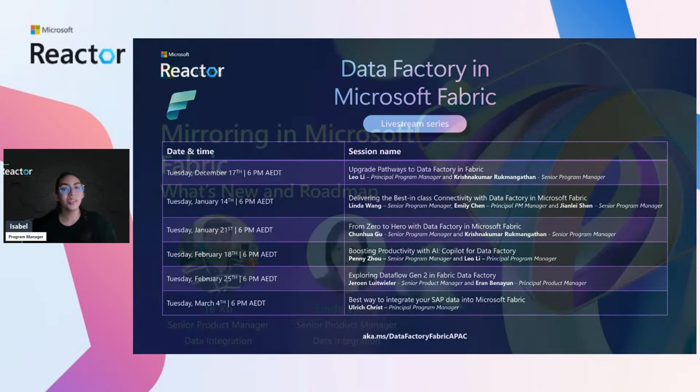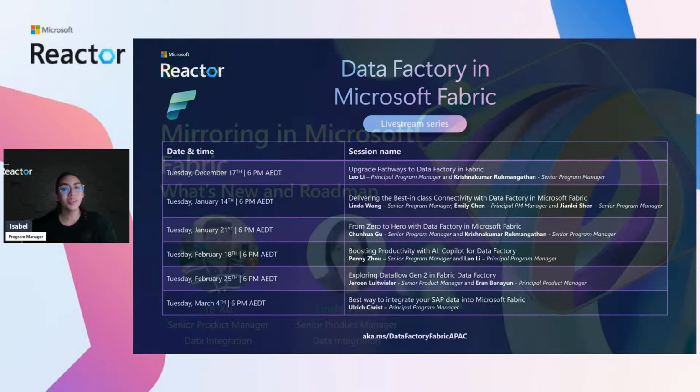Yeah, thanks Isabel. I'm coming from the Data Factory team in Microsoft. So as always, we start from what is Microsoft Fabric. Microsoft Fabric is a unified data platform for AI transformation. It brings together a unified data foundation, which deeply integrates multiple services, including Data Factory, data analysis, database, real-time intelligence, Power BI, and more. Microsoft Fabric is built on top of the AI-powered OneLake, and it's governed by Purview.